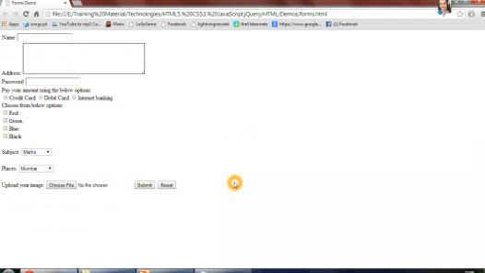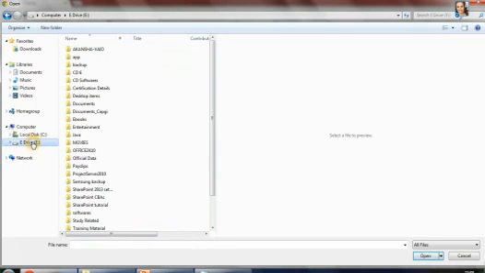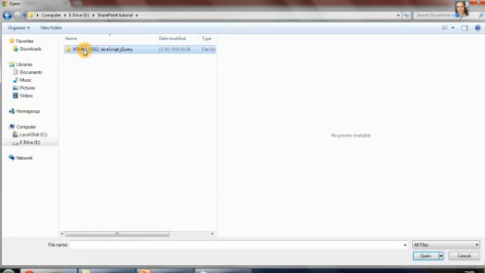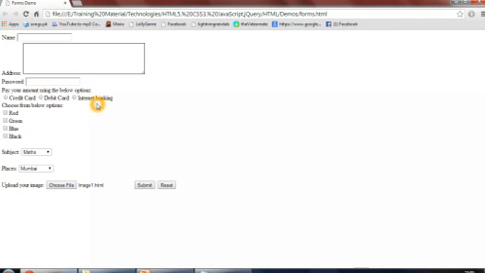When you refresh it, you get an upload your image label and a button over here, and it is written no file chosen by default. When you click on this button, you get a dialog over here. You can select any file that you want from any of the tutorials or any of the documents.